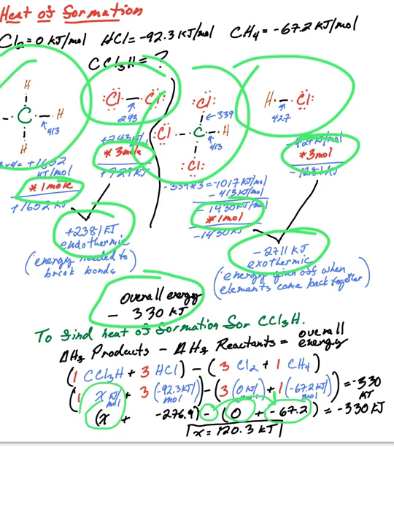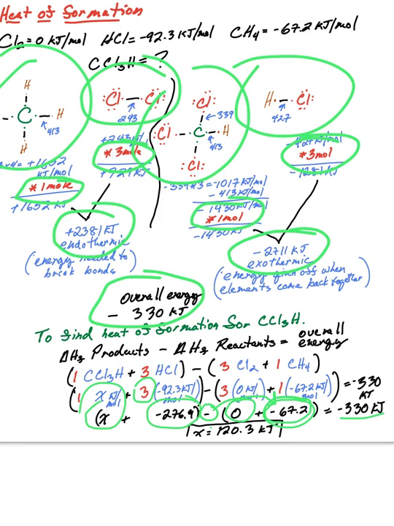My HCl I have to multiply by 3, remember, because my heat of formation is 92.3. Multiplied by 3, I get a total of negative 276.9. And I have to think, okay, well, what number, and remember that you can almost think of that 67 number as being positive, what number combined with the negative 276.9 but added to 67.2 is going to give me negative 330? See, that's where the negative 330 comes in, and the answer is